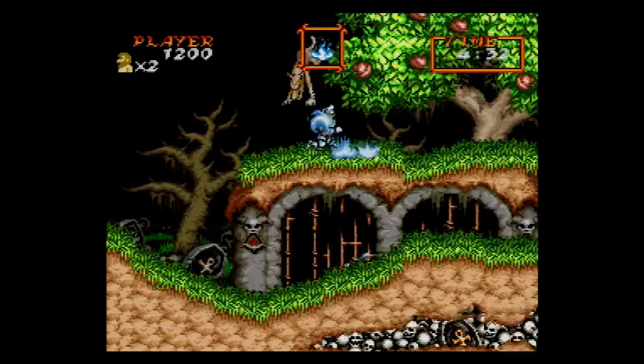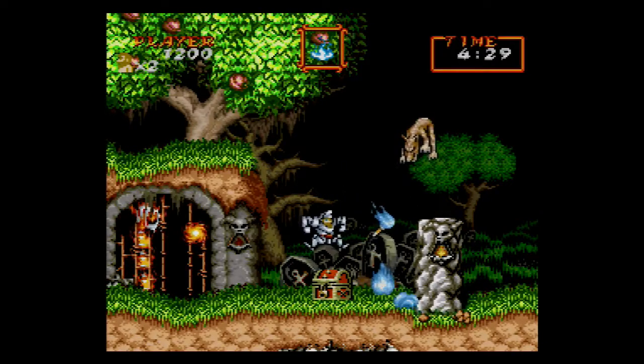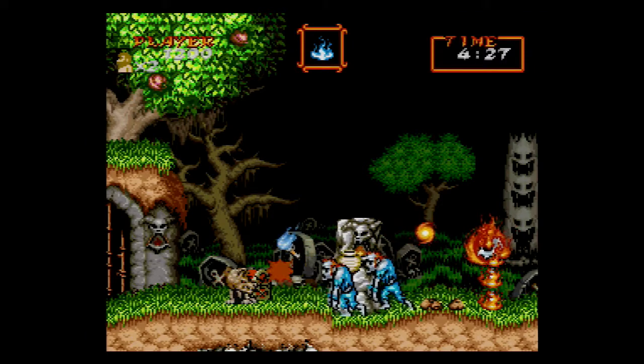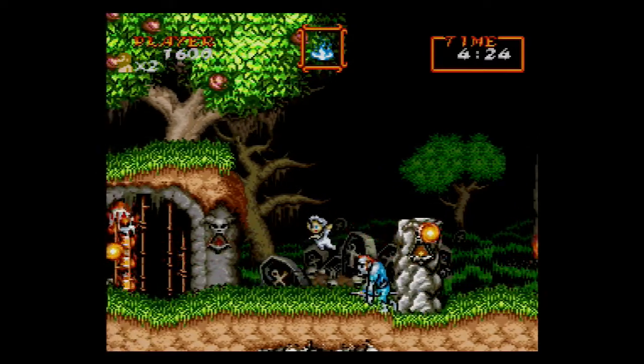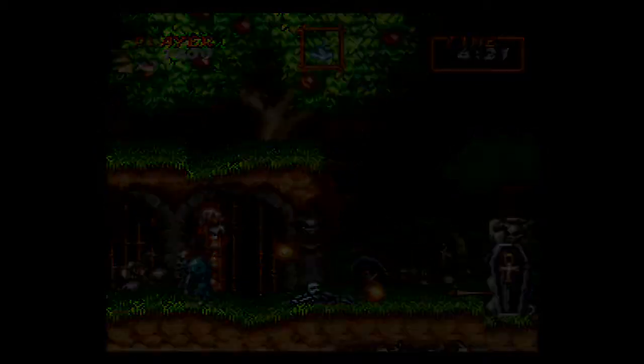Picked up literally the worst weapon in the game. Oh, extreme slowdown. Screwed now, ain't I? Oh great, I'm a baby. Yep. Well,